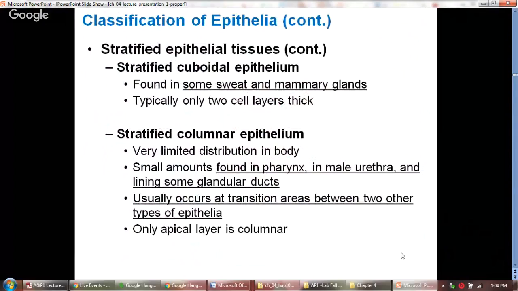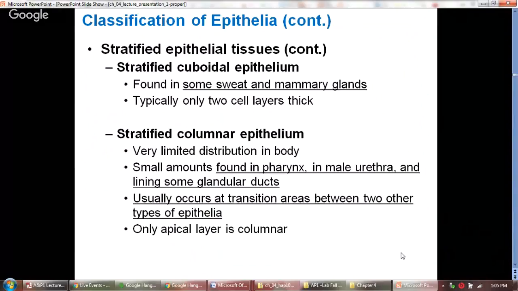The stratified cuboidal epithelia are found in some sweat and mammary glands, and typically contain only 2 cell layers in thickness. The columnar type has very limited distribution in the body. You would find small amounts in the pharynx, the male urethra, and lining some glandular ducts. Usually you would look for stratified columnar in the transition areas between 2 other types of epithelia. For instance, when you transition from the esophagus into the stomach, you have a transition zone. So you might need to look for those areas for stratified